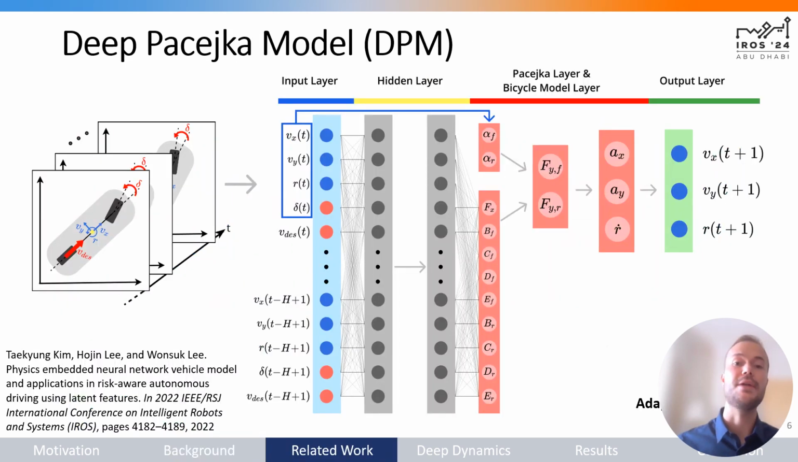In their paper that they introduced at IROS in 2022, authors Kim et al. proposed the deep Pacejka model, which is a hybrid model that is used to predict coefficients for the dynamic single track model. Here they're going to estimate coefficients for the Pacejka magic formula tire model, which is going to be in red the coefficients B, C, D, and E with the subscripts F and R denoting coefficients for the front